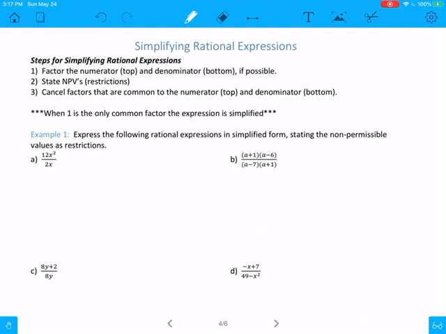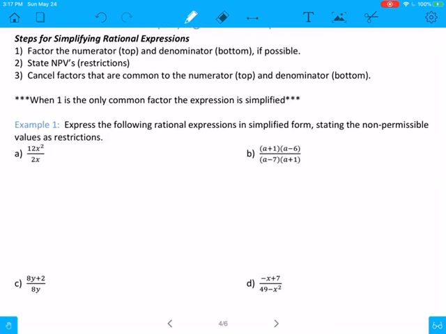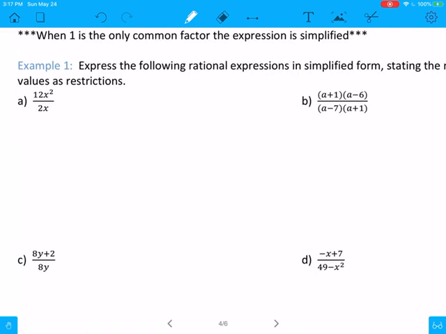So example 1, express the following rational expressions in simplified form, stating the non-permissible values as restrictions. All right. So we have 12x squared and we have 2x. See that? So those are separate. Those are not the same. We can't take out GCFs or anything like that because this is a monomial, and we haven't really done a monomial yet. Monomial just means that